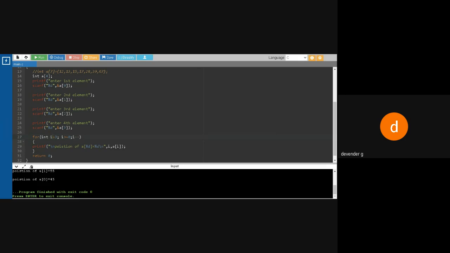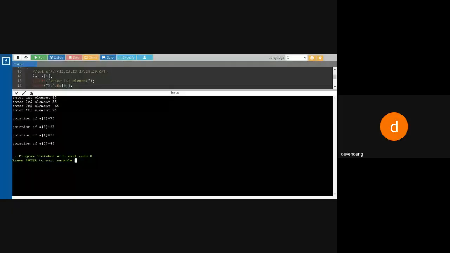Now you can see I got the output. That means we made the changes: the program is the same, we just went to the for loop and modified it. So 45, 55, 65, 75 you are accepting and printing in reverse order 75, 65, 55, 45.